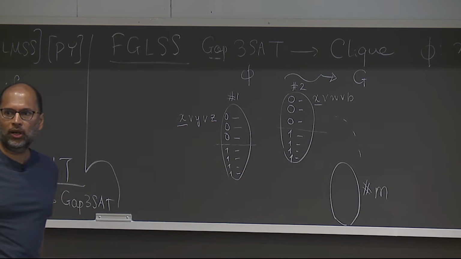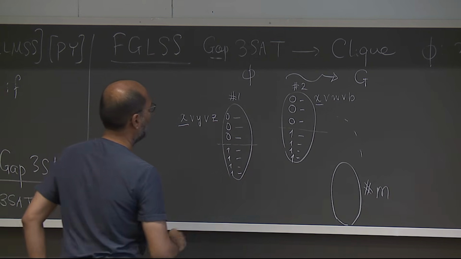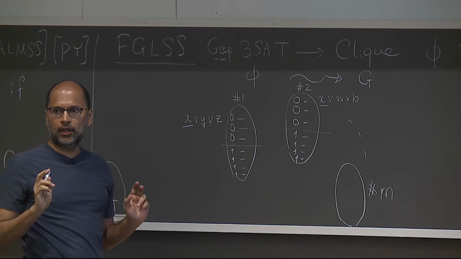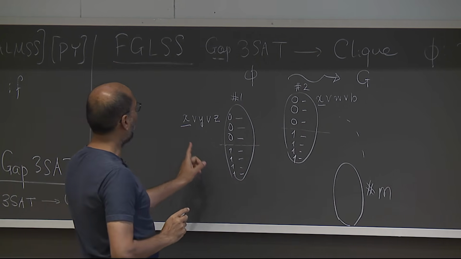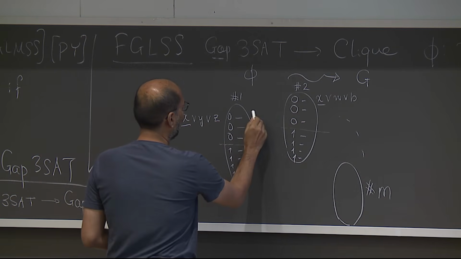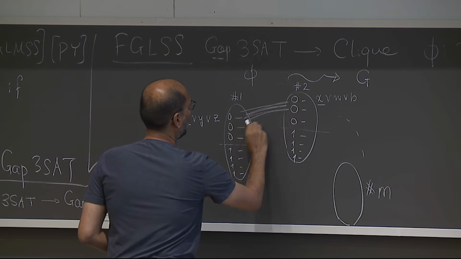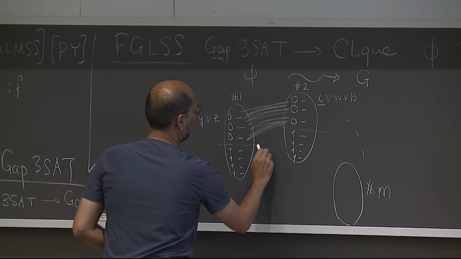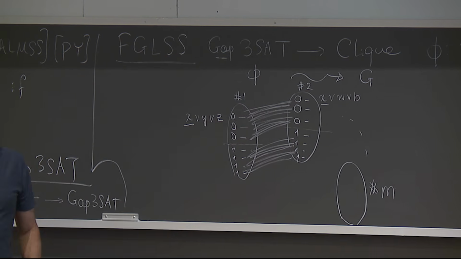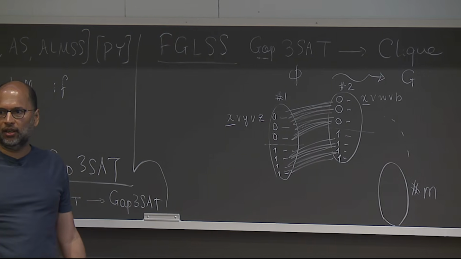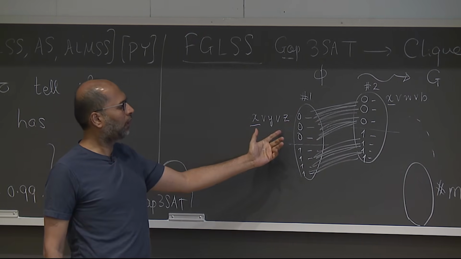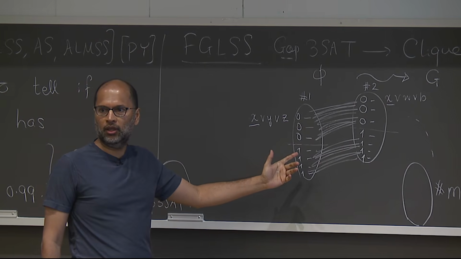Okay. And now I draw the edges between vertices, and the edges are simply going to represent consistency, meaning the value to x is the same in both the blocks. So it really just amounts to having a complete clique here and a complete clique between these 4 cross 4 vertices. That's it. So edges simply represent consistency. In particular, each block by itself is an independent set. Okay? And then that's it.